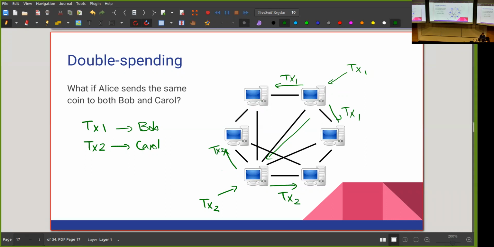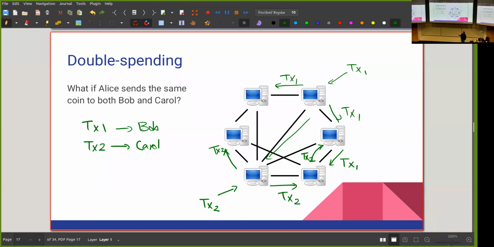Okay. Now, and this continues. Now, at some point, every node in the network would hear about both transactions, right? So for example, this node here heard about transaction 2, but then they will also hear about transaction 1 after a while. And also this node has heard about transaction 1, but after a while, they will hear about transaction 2. But the problem is there is no way for any of the nodes in this network to say which transaction happened first,